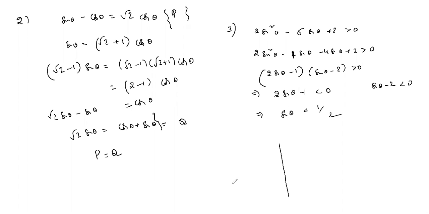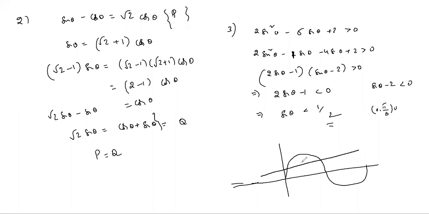We cannot always write the full solution. Well, we know already 0 to 1 by 2. Less than means the same function. 0 to 1 by 2 means 0 to 5 by 6. Next we will see by graph, better. 0 to 5 by 6, 5 by 6 to 2 pi. Next, to 1 by 2, y equals 1 by 2 horizontal. Less than means below.